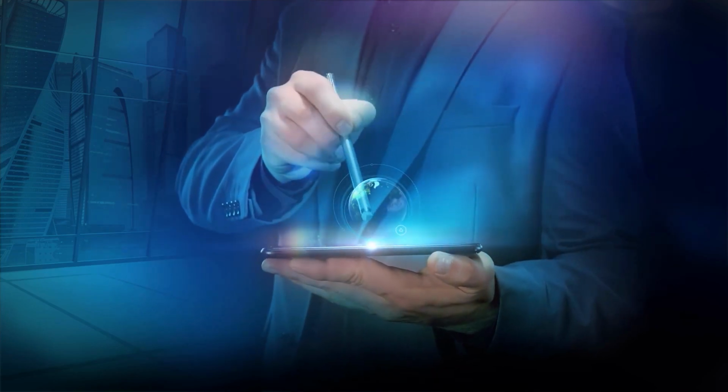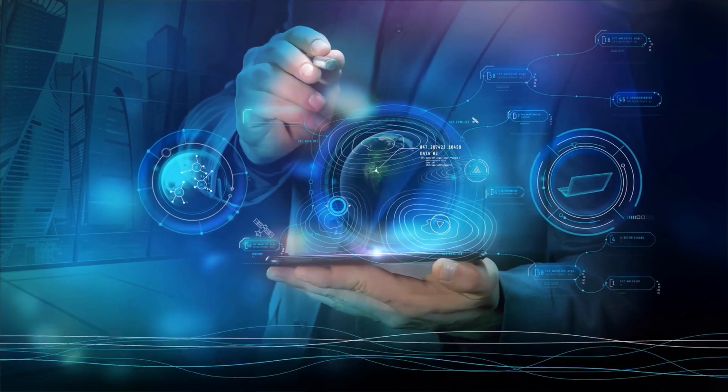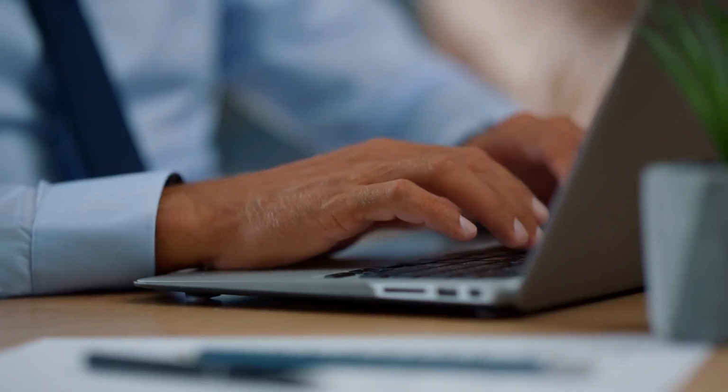Technology has really changed. It's extremely advanced. And it has its pluses, but it also has its negatives. And those negatives affect our health. By doing so much on the computer, as well as looking down on our smartphone for prolonged periods of time,